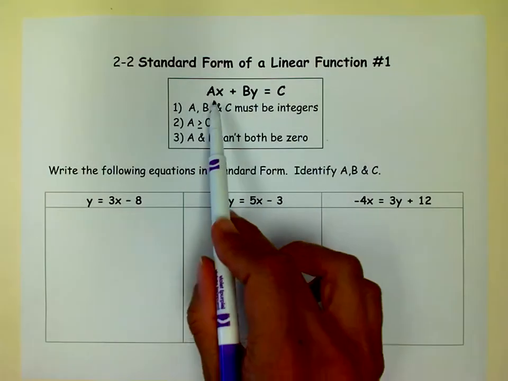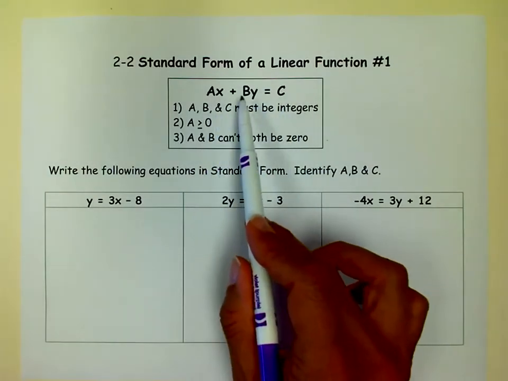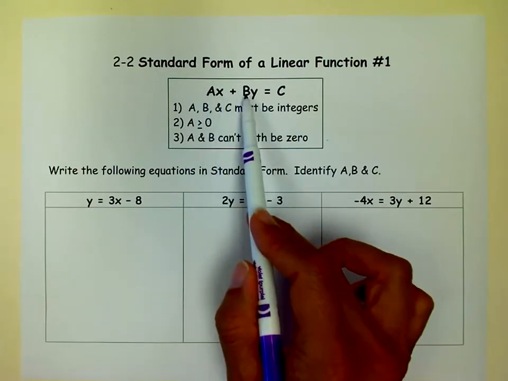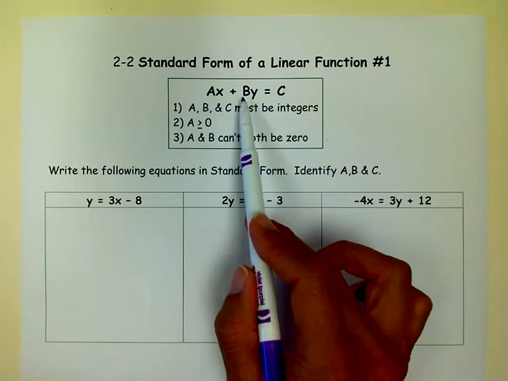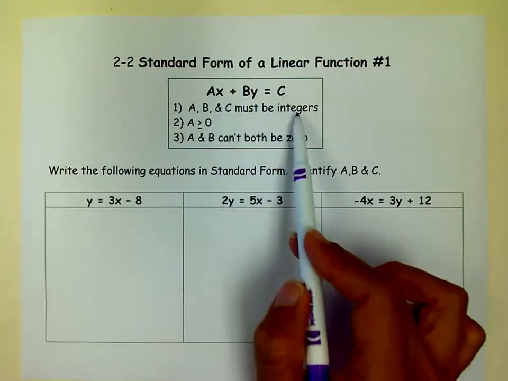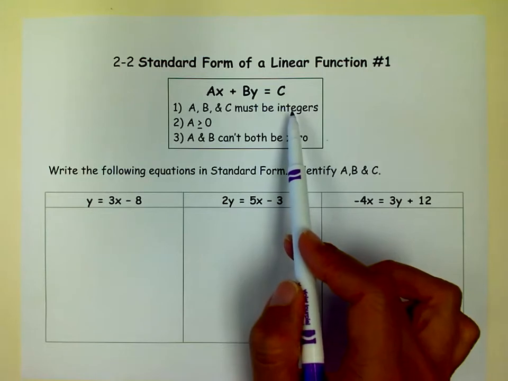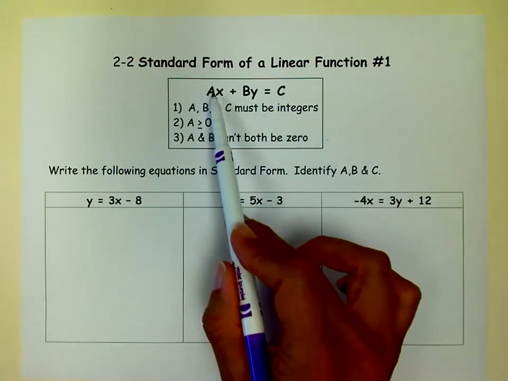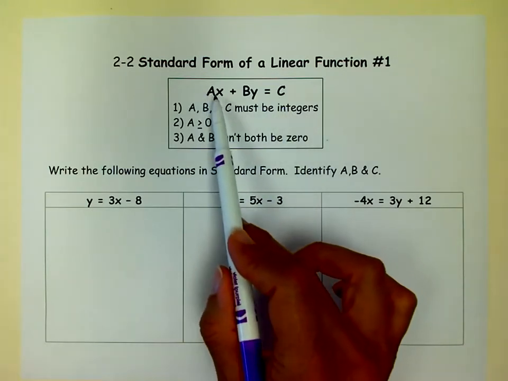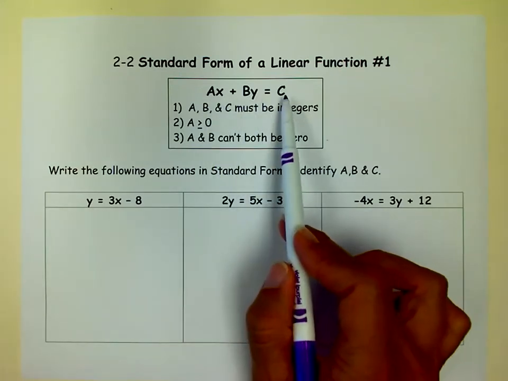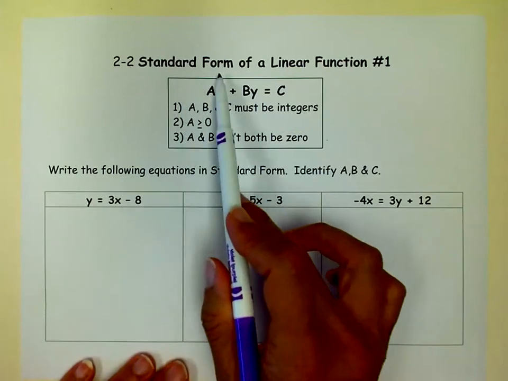Keep in mind, this is standard form. You have an x and a y both on the left side of the equation. You have A and B, which are the coefficients, or the numbers in front of them. A, B, and C must be integers. No decimals, no fractions. Have to be integers. A has to be positive. It cannot be negative. B can be negative, C can be negative, A cannot be negative to be in standard